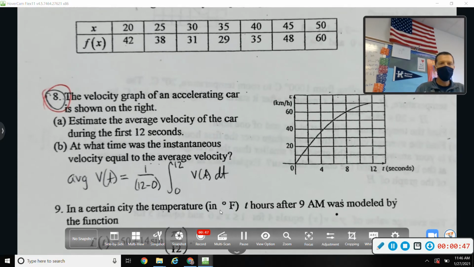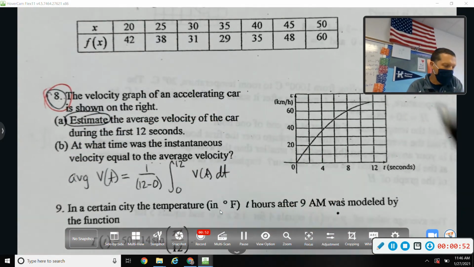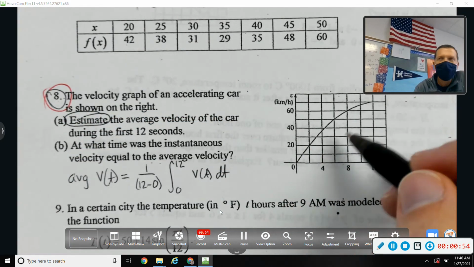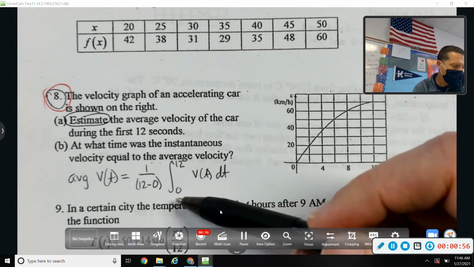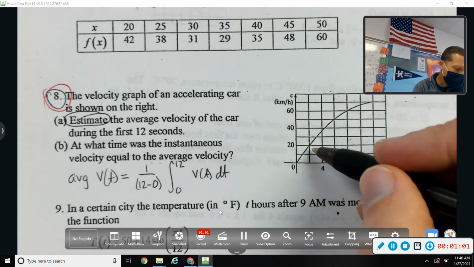value. And it says estimate, so I don't have a function, so I can't do an antiderivative and plug in limits. I don't have that option. It's going to have to be a geometry thing. And so,